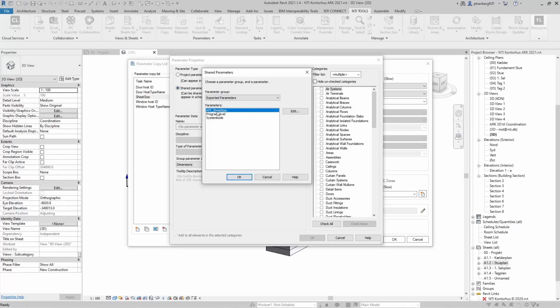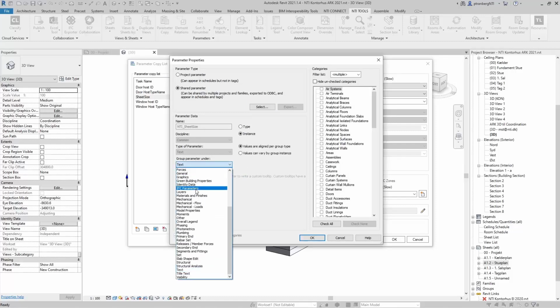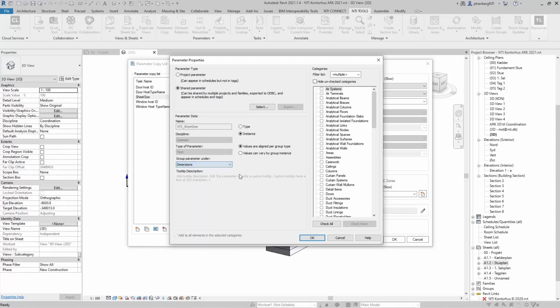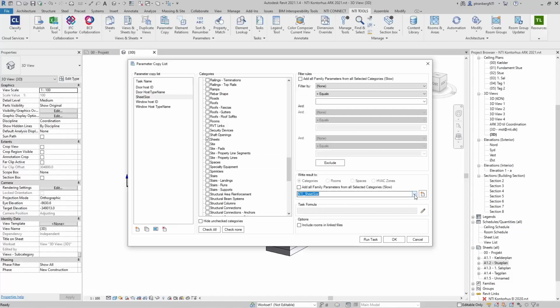So I have just put in a shared parameter, a text parameter called sheet size. Put that into here, and we'll put it into the dimension group like that, and make it instance. And I want it to be set on sheets. Okay, so now the sheet size is in the right results too,